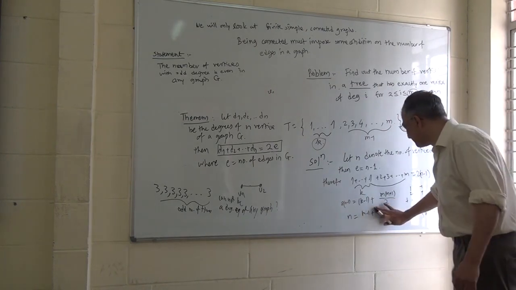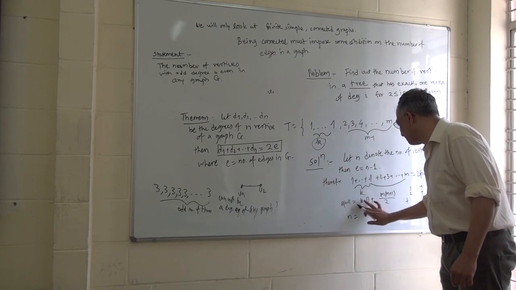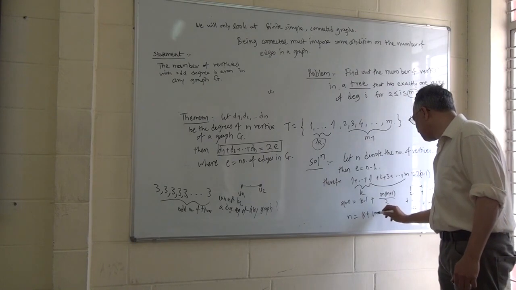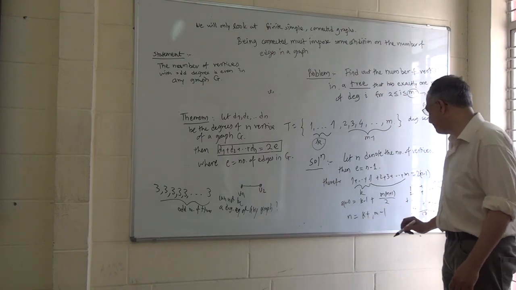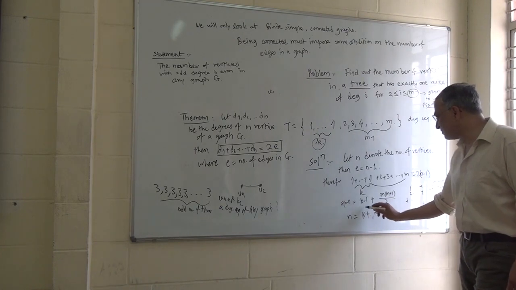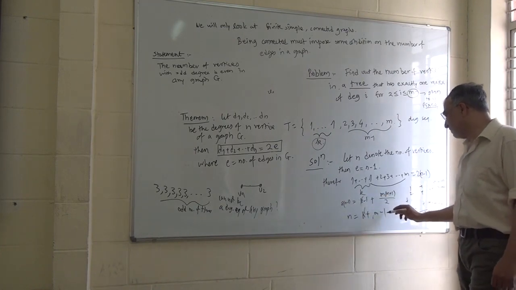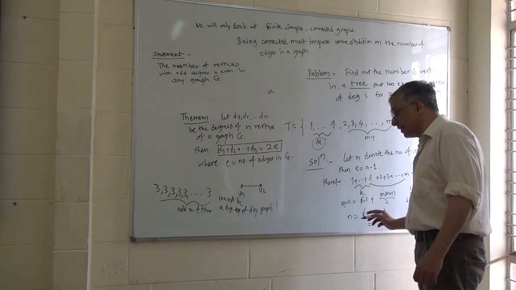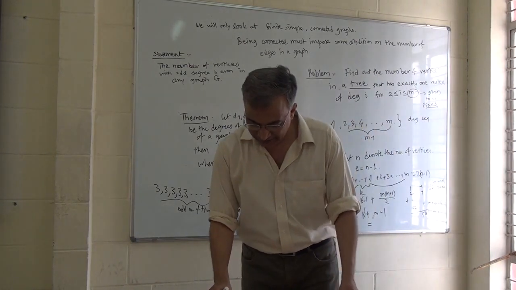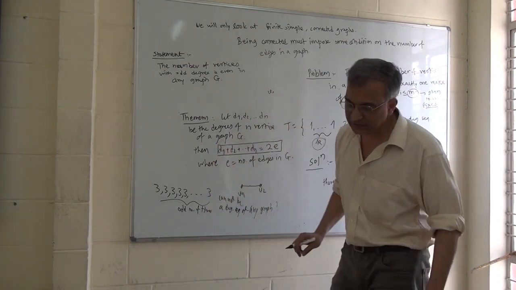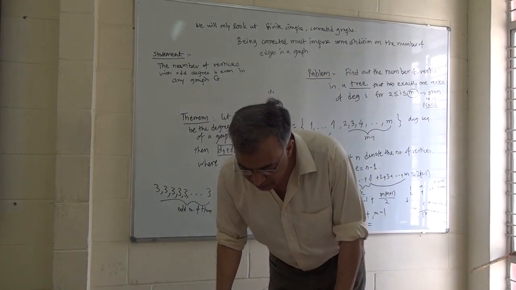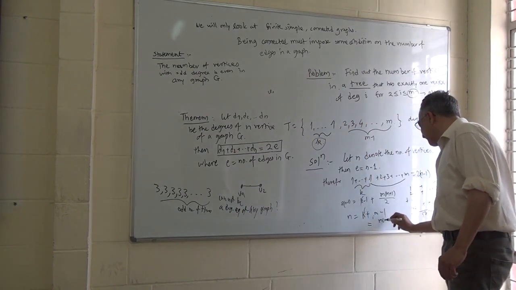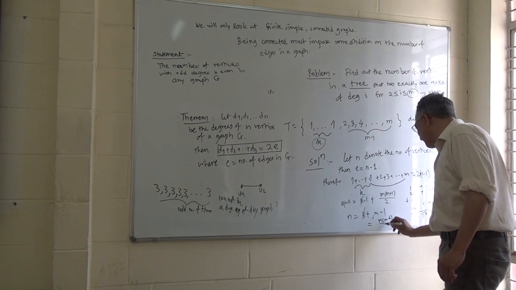So if you subtract this equation, this is k, n is equal to k plus m minus 1. When you subtract, this k cancels out, minus 1, and then in the end you can solve this. I don't want to do this work again, you can do it at home, and I think what you will get is the following: m into m minus 1 by 2 plus 2. I think that is what you will get. I might make mistakes in calculations, so you do it yourself and check.